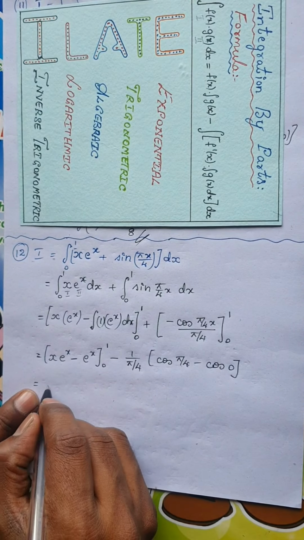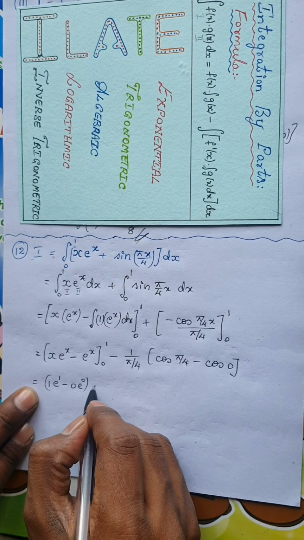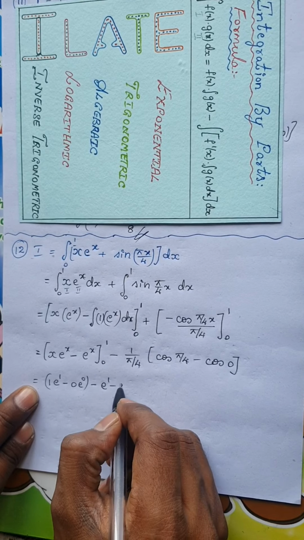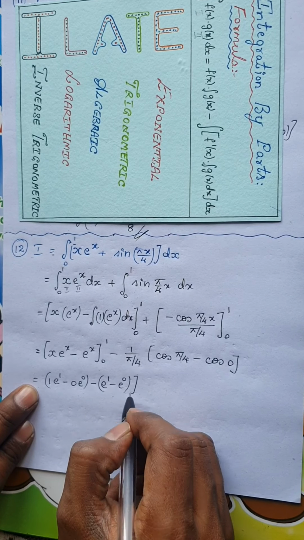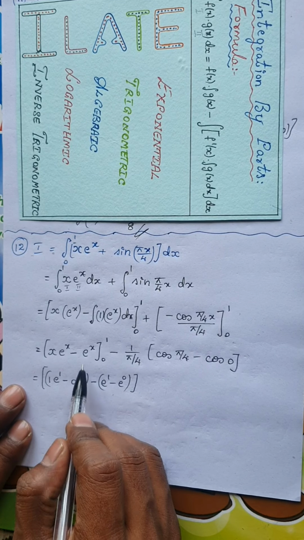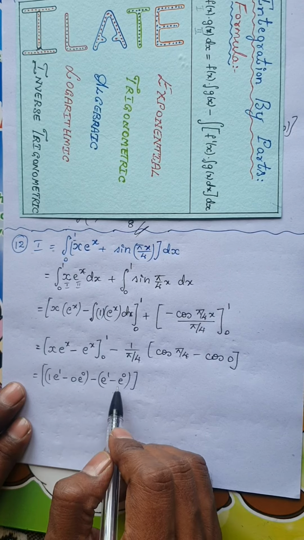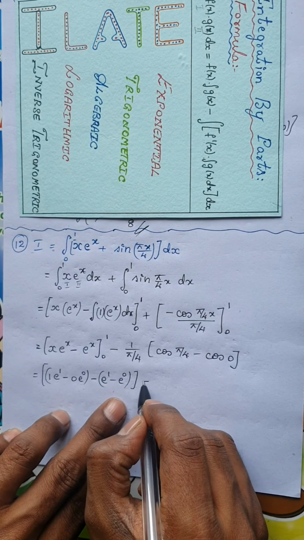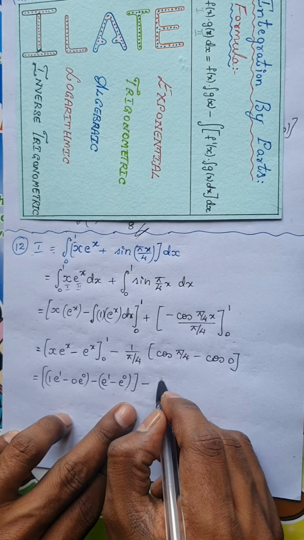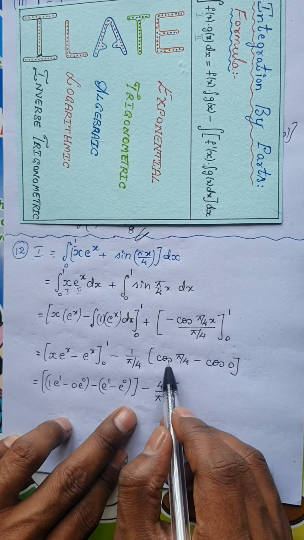So this is nothing but, if you apply the limits, the upper limit is 1 into e power 1 minus 0 into e power 0, minus e power 1 minus e power 0. Remember, I am using the upper limit as 1. Minus, now the reciprocal of pi by 4 would be 4 by pi into, now what is cos